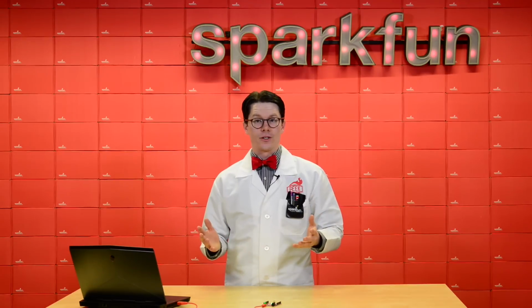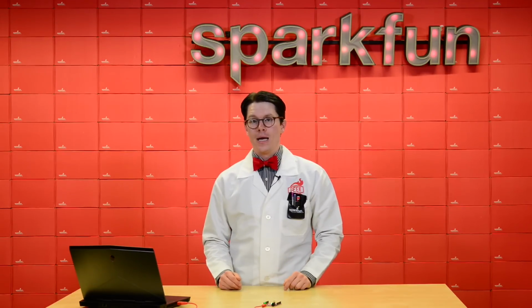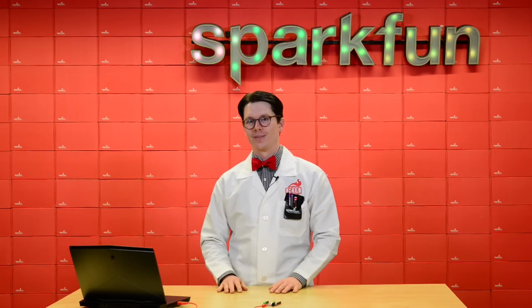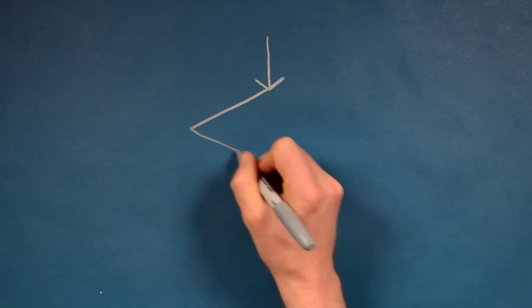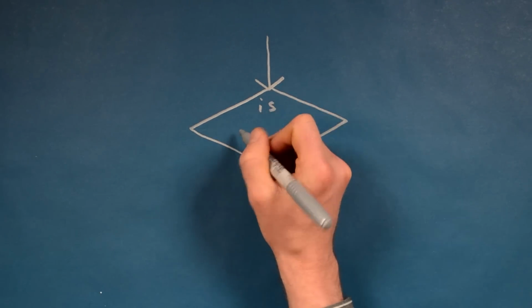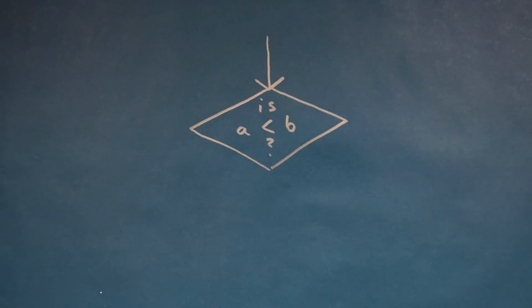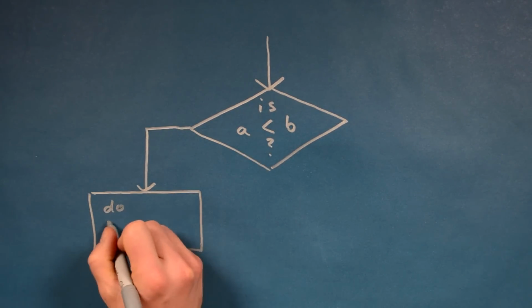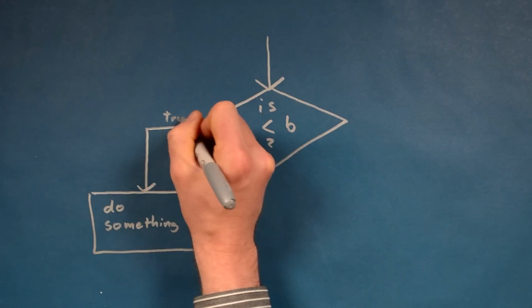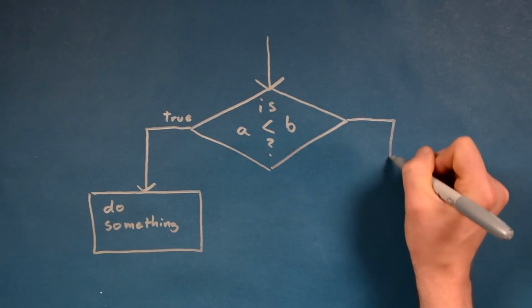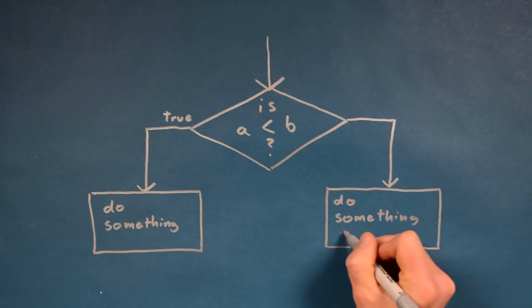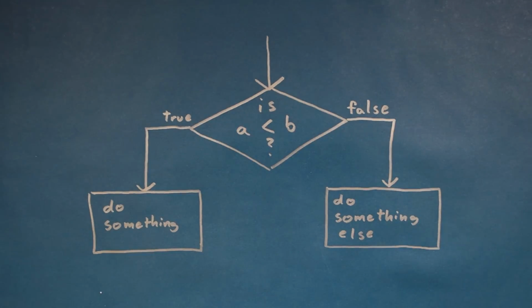Printing out yes or no answers as integers is great fun and all, but relational operators become far more useful when paired up with conditional statements. A conditional statement is some code that performs different actions depending on the outcome of some specified condition. This is easily represented in a flowchart. Let's say that we have a test case in our program where we evaluate some number against another. For example, is A less than B? This question is represented as a diamond in the flowchart. If so, then execute some code. If not, then execute some other code instead.